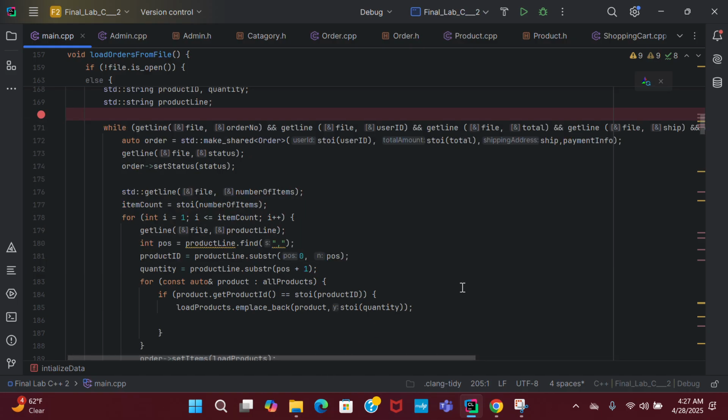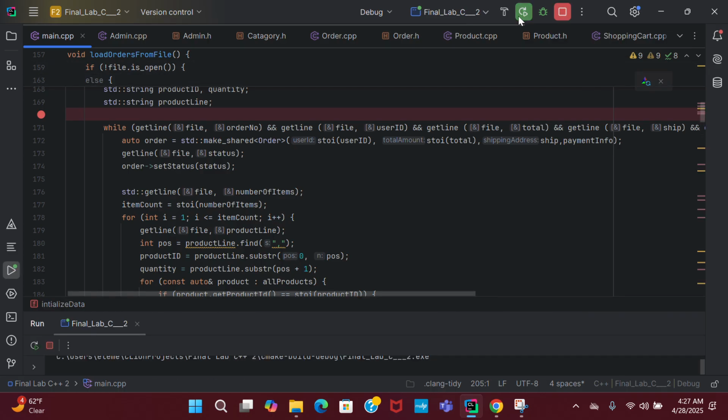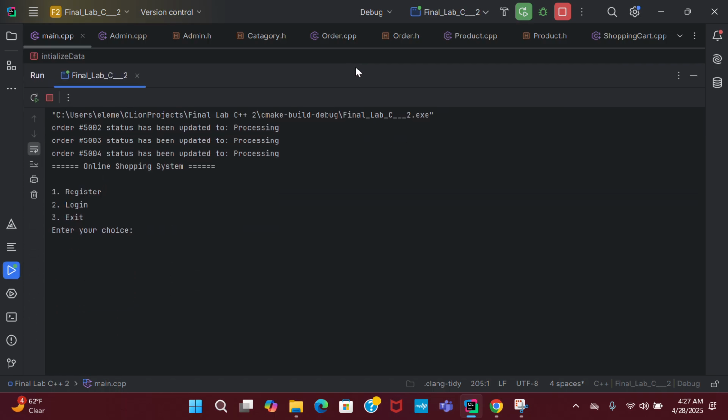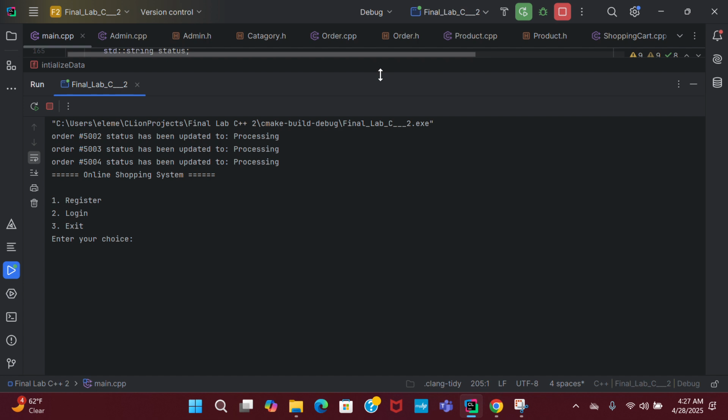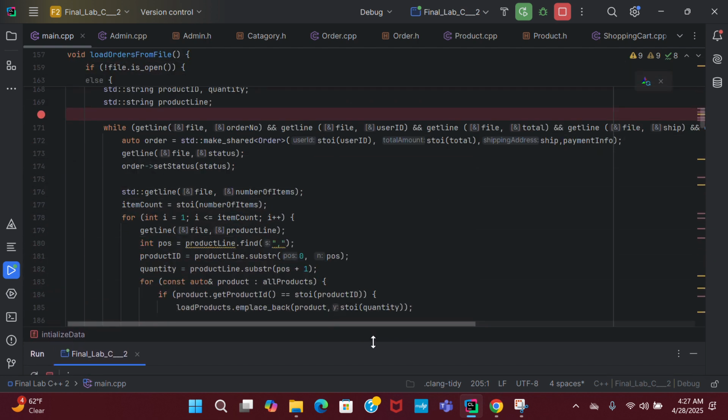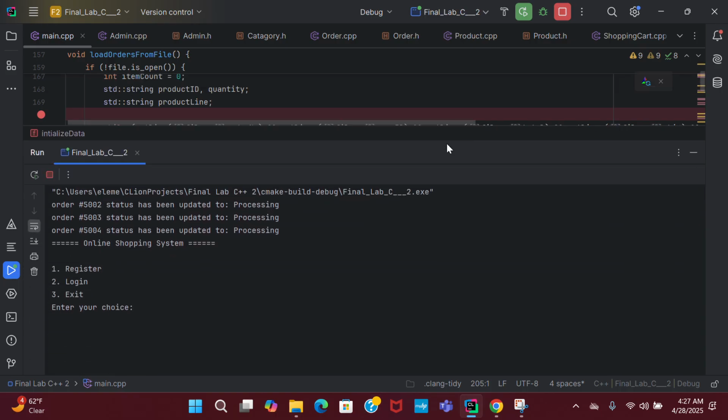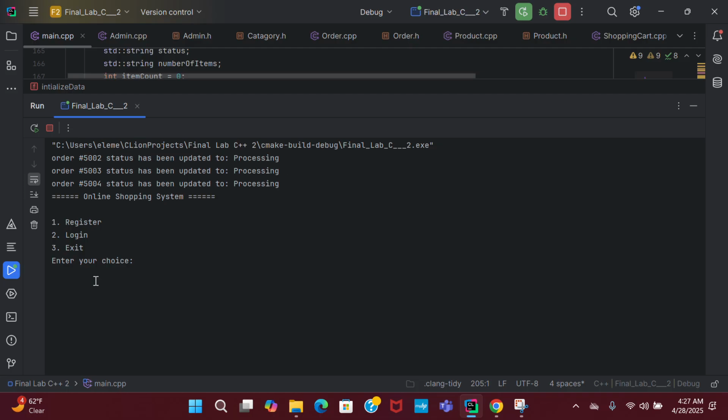But otherwise, my program runs fairly well. That's the only issue I have found, is that it just updates it to processing, and I'm not sure where to fix that at this current moment. I'm sure there's something I'm a little off on, but thank you for your time, and